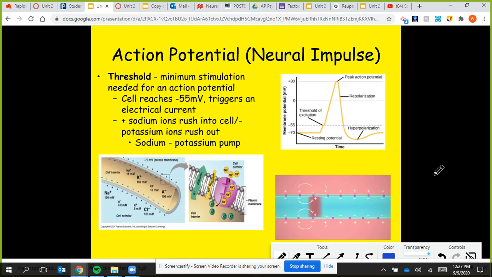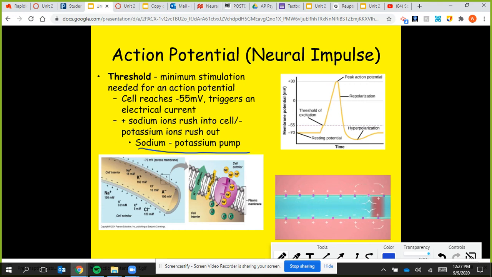It's called a sodium potassium pump. I think a lot of you have heard of this before in biology, right? Yep. Okay, so as it starts to depolarize, whether it's from a neurotransmitter signal or getting kicked in the groin or whatnot,